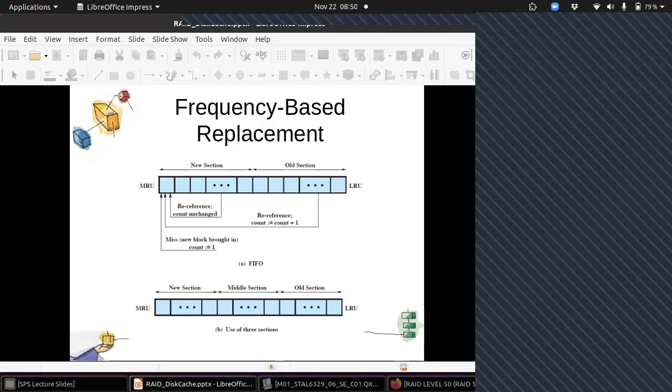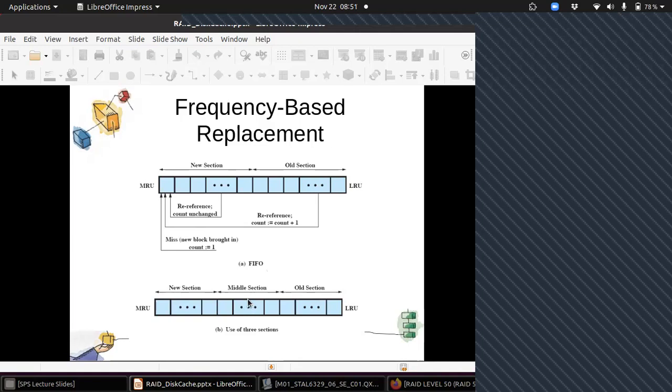It is observed practically that it is not giving much better results than LFU, maybe slightly better, but that is not enough. So there is another alternative to this. This is a stack of pointers which are pointing to the disk cache blocks. Rather than dividing it into two parts, divide this into three parts: old section, new section, and middle section.